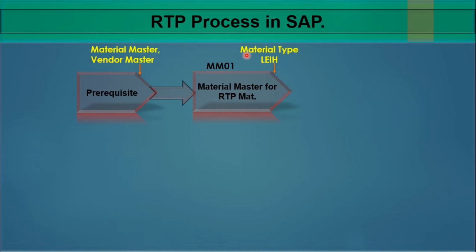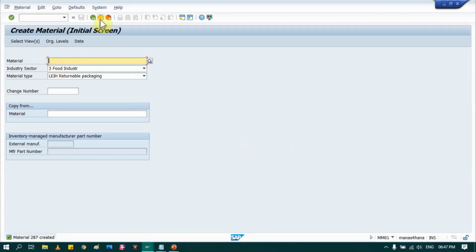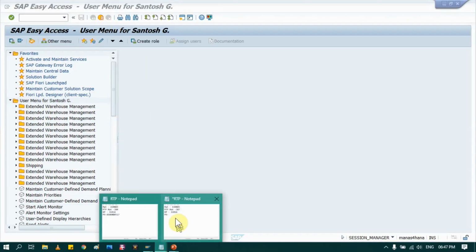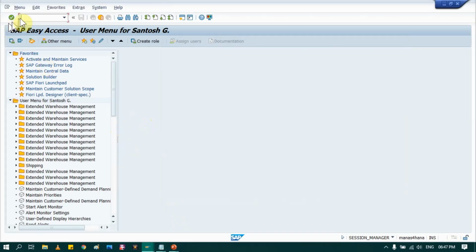So once we have created material master, now we have main material, vendor, empty material master. Now you can maintain purchasing info record, it's again optional, so I am not maintaining. So next step is directly purchase order. So let's create a purchase order for this combination. So I have this material, this vendor, and this RTP material. So run T code ME21N,